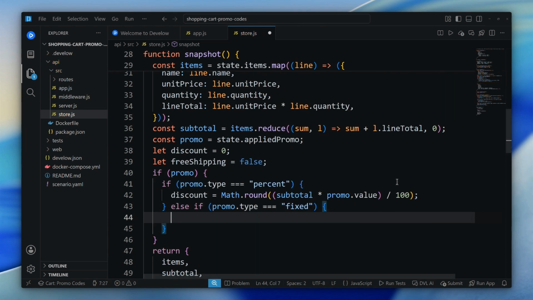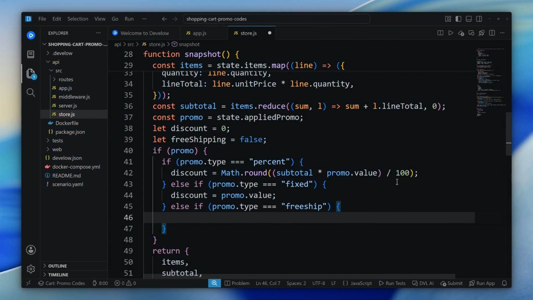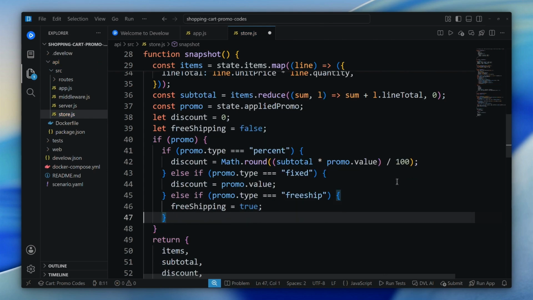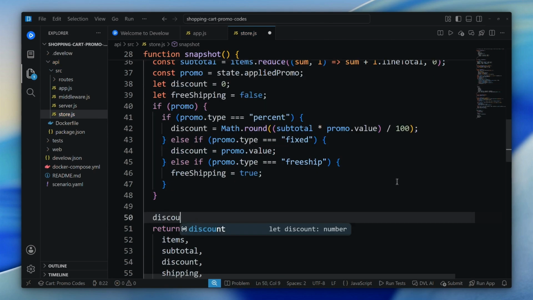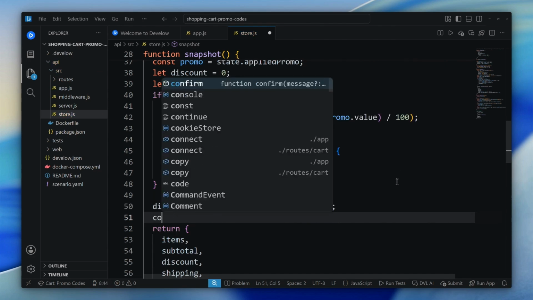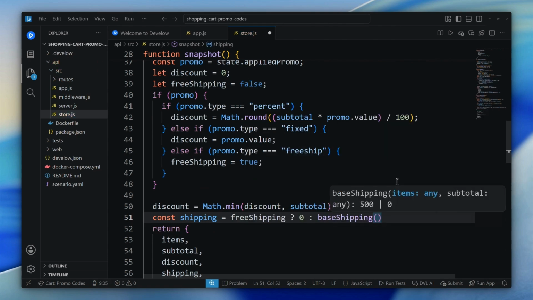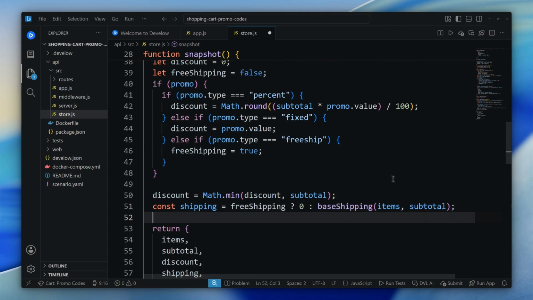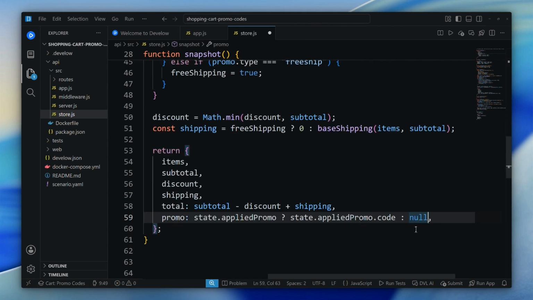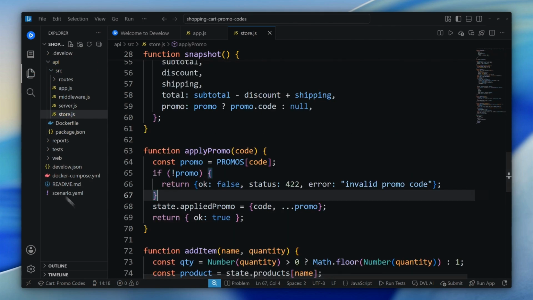To prevent financial exploits, we instantly clamp the valuation by writing discount = Math.min(discount, subtotal); This guarantees our discount never exceeds the subtotal cost. Finally, we use a ternary operator to dynamically assign our logistics layer. If free shipping evaluates to true, shipping becomes 0. Otherwise, it calls the base shipping calculator. We map these fresh fields directly into our grand total calculation payload block down below,